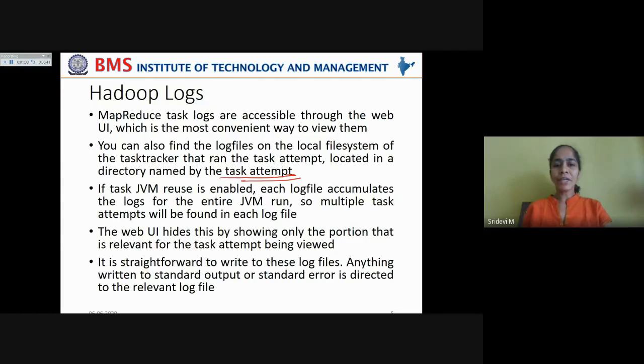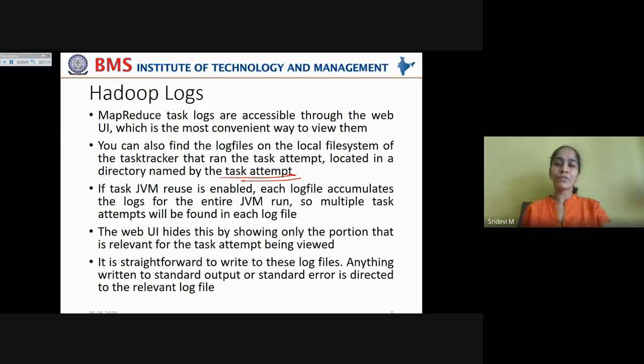Now, if task JVM reuse is enabled, then each log file accumulates the logs for the entire JVM run. So multiple task attempts will be found in each log file. You know that a single node can run multiple tasks, right? A single node can act as multiple task nodes. In that case, if task JVM reuse is enabled, each log file accumulates the logs for the entire JVM run.